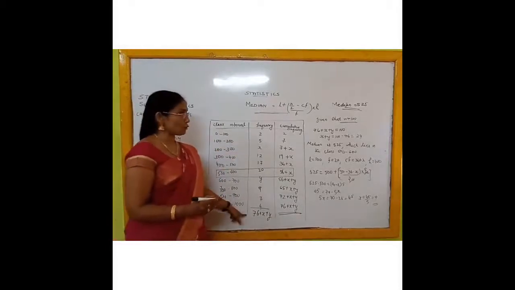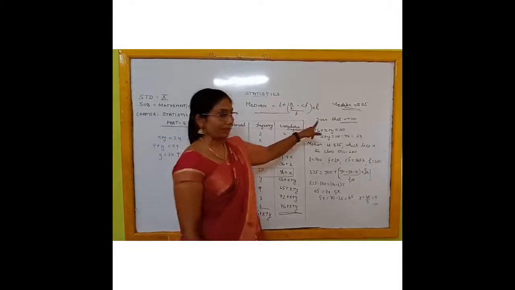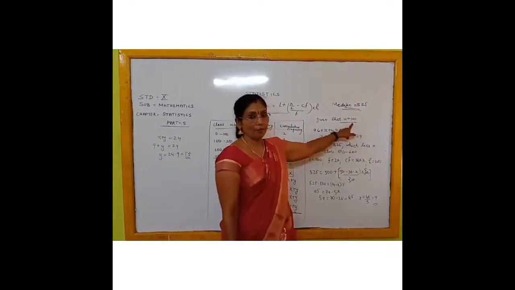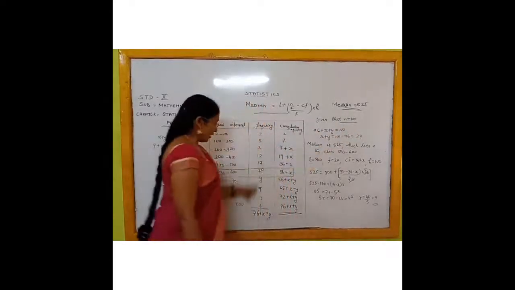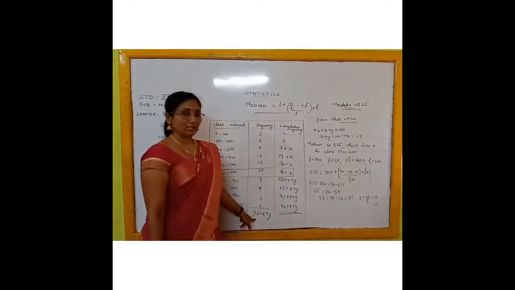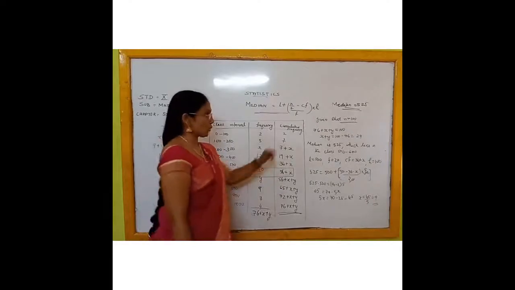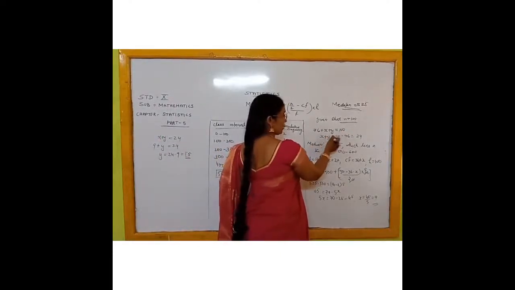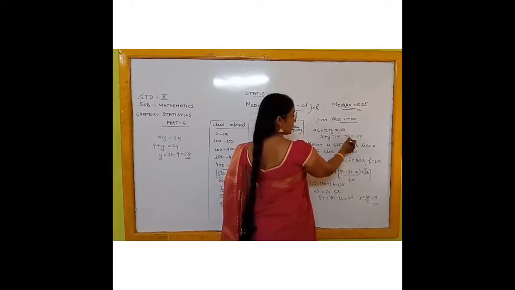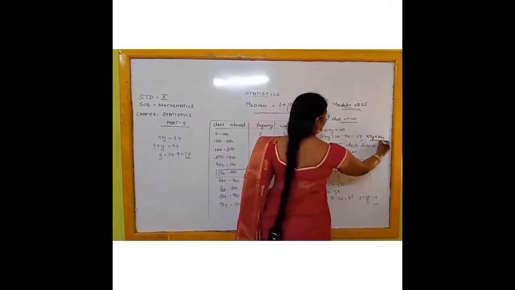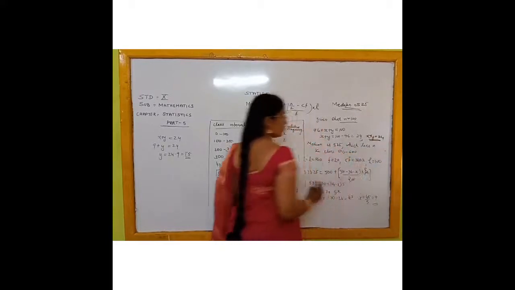That is the total of the frequencies. But it is given that the total frequency is how much? N is given as 100. So out of this you will get one equation. The total frequency we have got is 76 plus x plus y, and you can equate that with 100. So x plus y is equal to 100 minus 76, which is 24. That means one equation you got: x plus y is equal to 24.